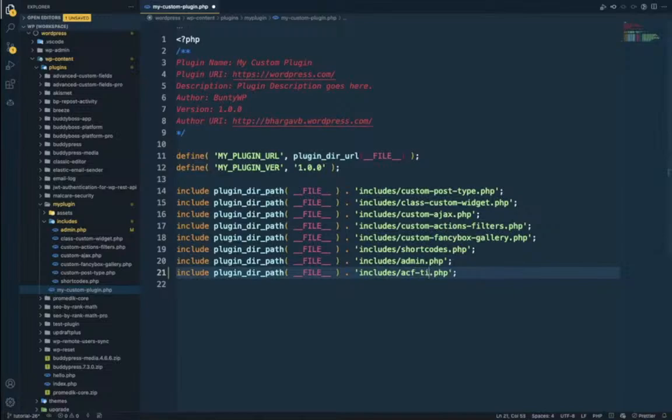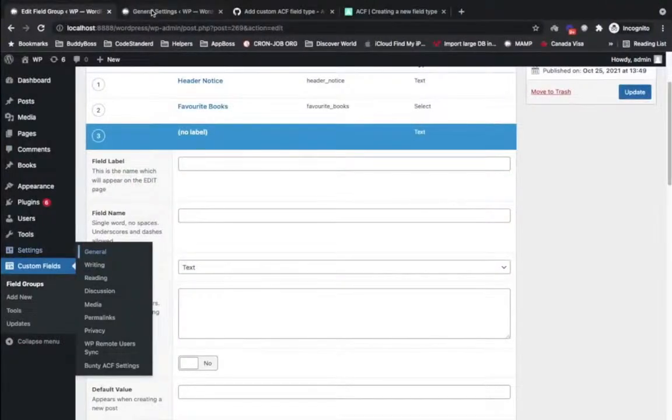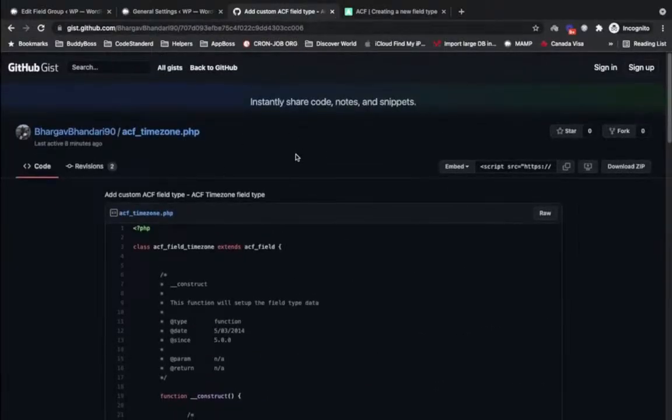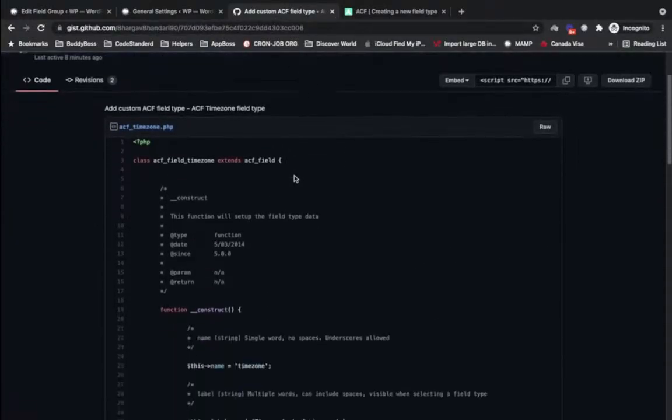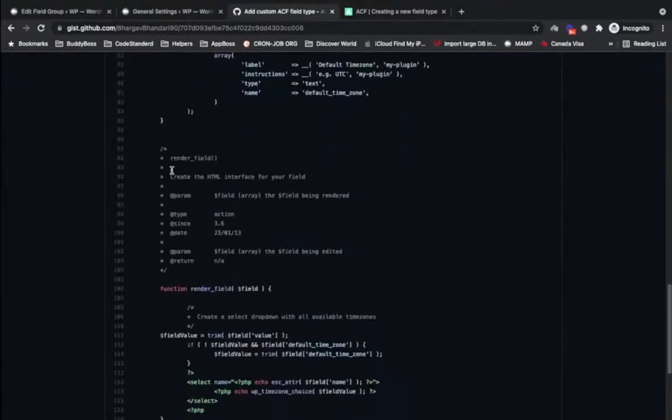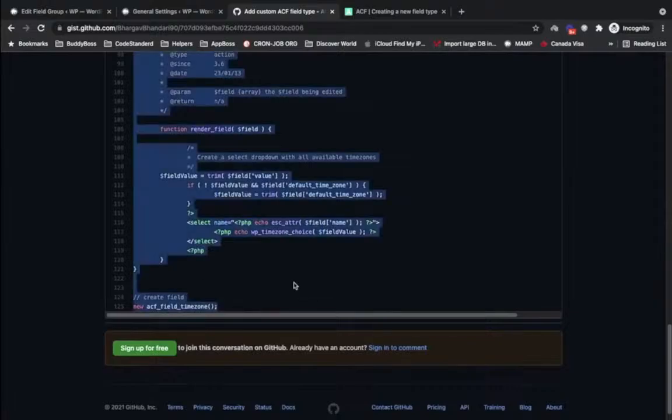ACF time zone. ACF provides a class to extend the functionality. That's why we are adding a new file, so that we can extend the ACF class in a new separate file. I have already created a gist for this. I will provide this link in the description section. This is the format provided by ACF. Let me copy this whole file